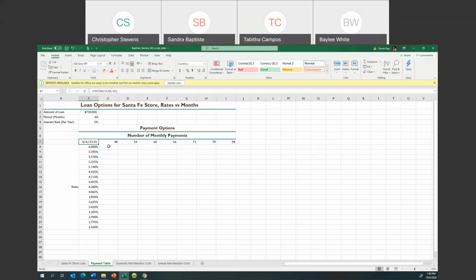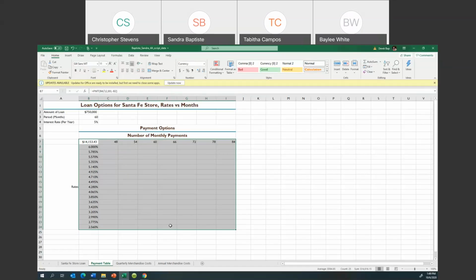Okay. So we're going to now create our data table. Before we do this, select B7 to I24. Sweet. We did that because this is our whole table. The upper left corner has the function that we're going to use throughout this entire thing. The column headers have the number of payments, which is the NPER. The row headers have our